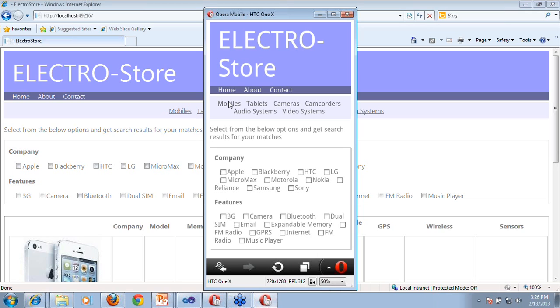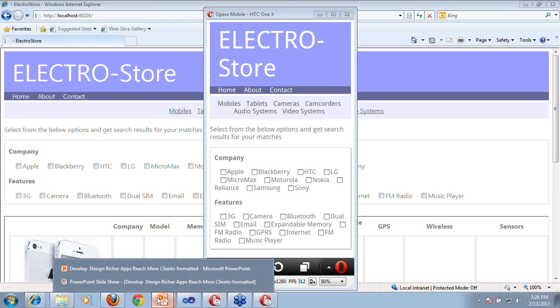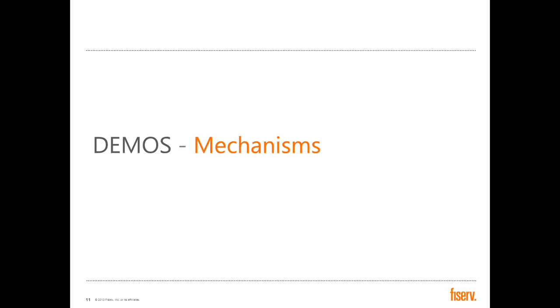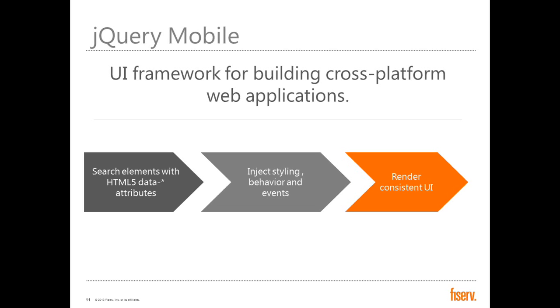But if you see these two features, they are not enhancing the site to be adaptive to the mobile device. How can we do that? That is possible using jQuery Mobile. So what is jQuery Mobile? jQuery Mobile, it is a UI